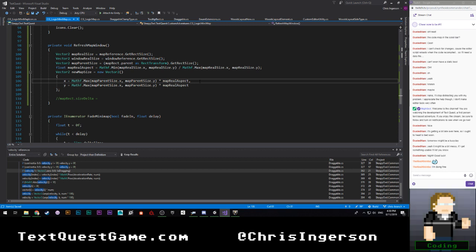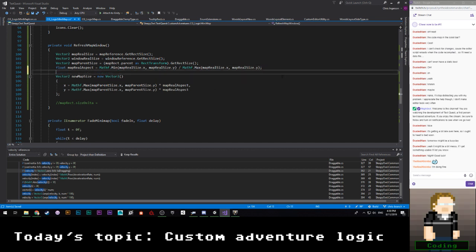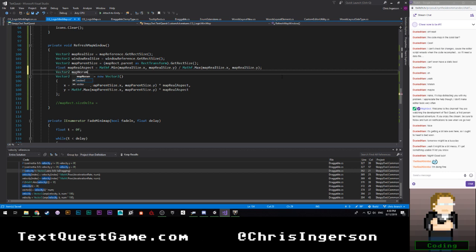Thinking. No, that's not right. It's close though. So we're gonna do normalized values for this. I think that'll give me an easier time. So I'm gonna say vector2 map normalized